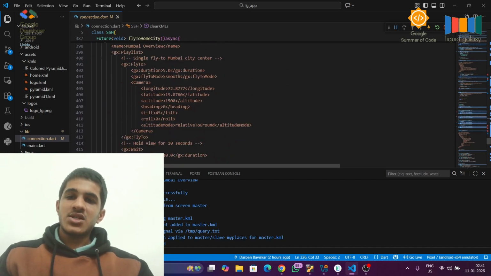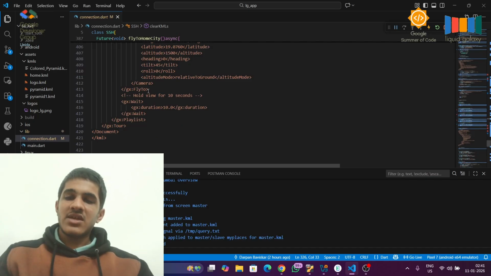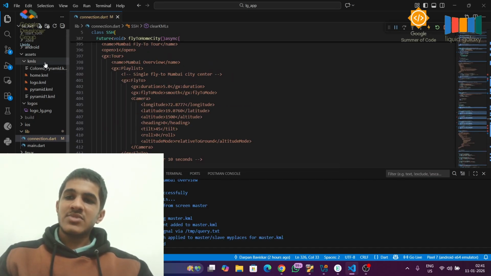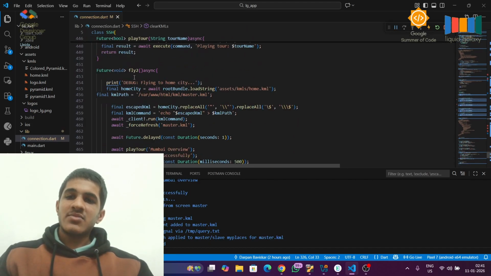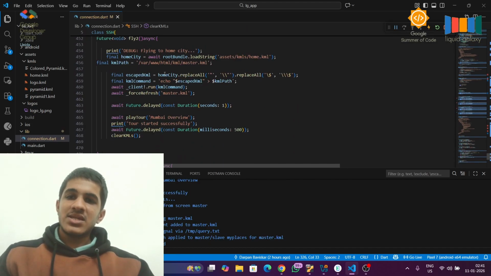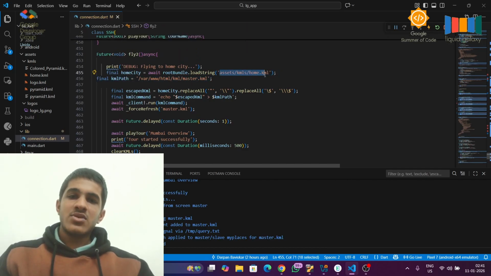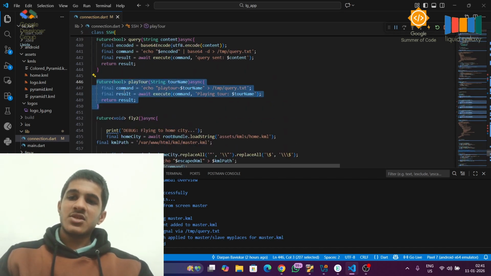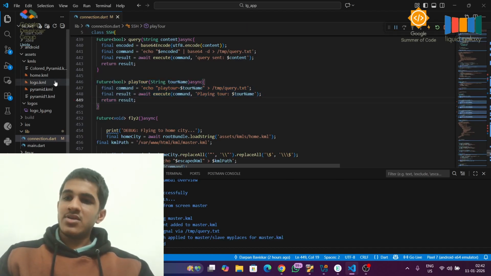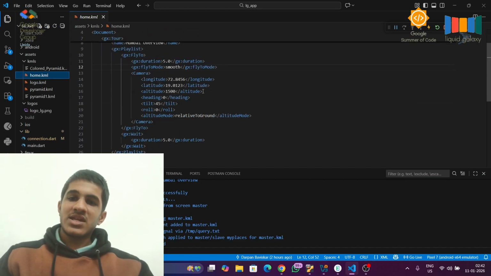This is the fly to home city function, which contains the fly tour KML for the home, and it is in the asset folder. These are all the helper functions, and the main function here is the fly to function. As you can see, from the assets folder, the home.kml is overwritten into the master KML, and then after doing a force refresh, we use a play tour function. And play tour function is this thing. We just give this play tour command to the query text in the temp folder, and as you can see, this home.kml is